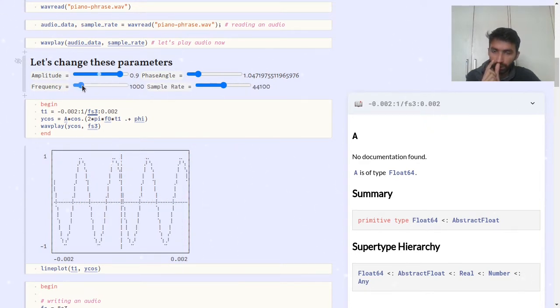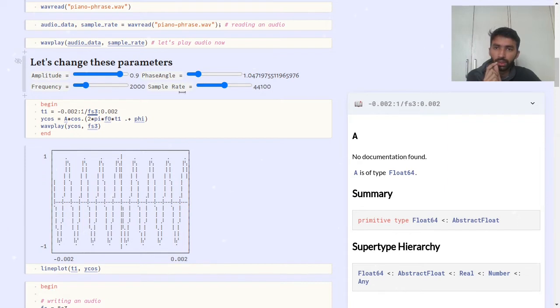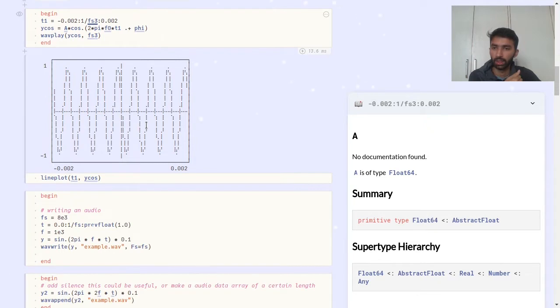As you can see, this changes the behavior of the wave. Then we have the sample rate, which specifies the number of samples in a time period. So if I increase the samples, it will increase the number of samples in this particular range, but it will not be visible in this. But if I increase the samples, it will increase its quality. It will be more close to an analog signal if I keep on increasing it, because analog is continuous, but a digital signal is based on samples. Yeah, that's the difference. Moving on.